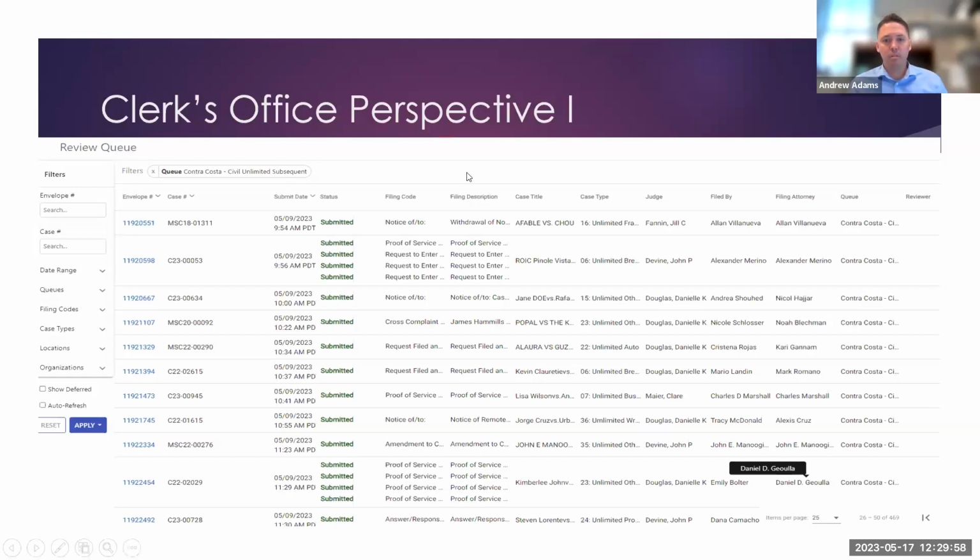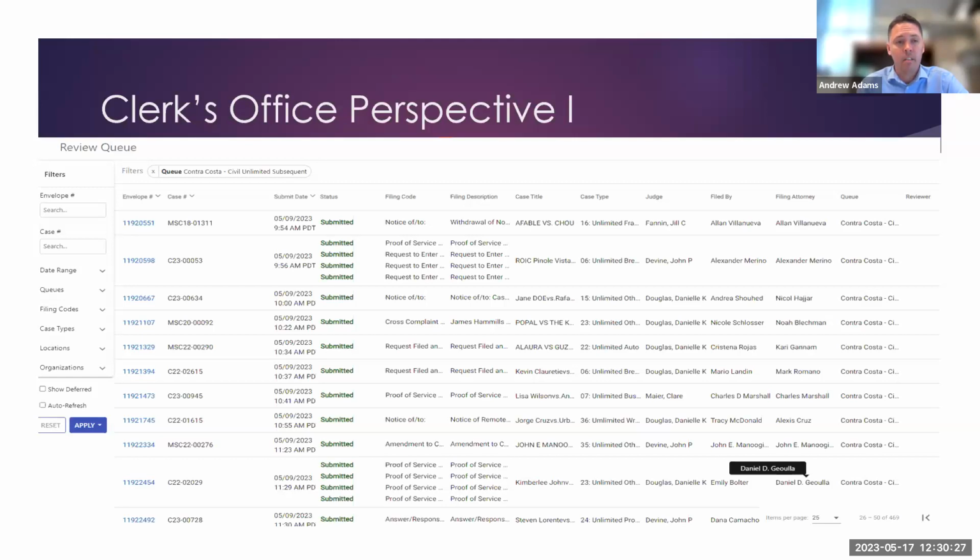Earlier I was talking about filing description. This is the filing description right here. A lot of times, like this first one, for example, it says proof of service and the description is proof of service. As I was saying earlier, if you include when your next hearing is, for example, if you put in here next hearing 5/19, I'm probably going to get to that one really quickly, especially as of today, because I know it's coming up and the judge is going to need it for calendar. So that is very, very helpful.